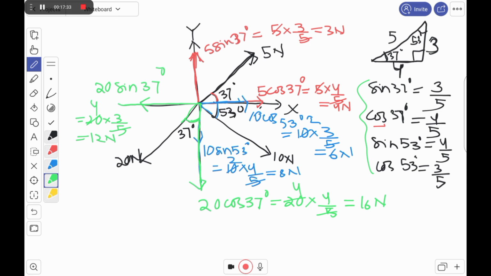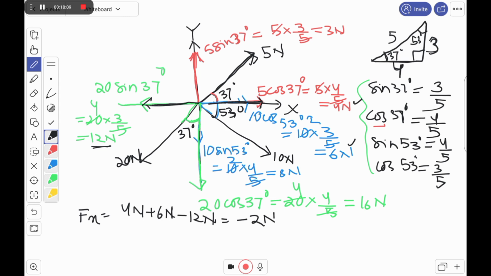Can we find out the net force? That means net force in x direction. So what is your Fx now? Your Fx will be how much, children? So this is your positive x direction. So Fx, one is 4 Newton, another is 6 Newton. So 4 Newton plus 6 Newton and minus 12 Newton. Is it clear? So it will be minus 2 Newton. Clear? So that means your net x component of the force is in this direction.